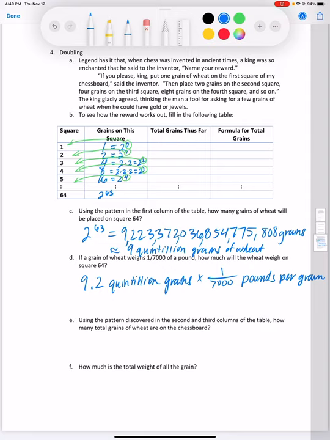And these will cancel here, and we'll get 9.2 divided by 7, which is equal to